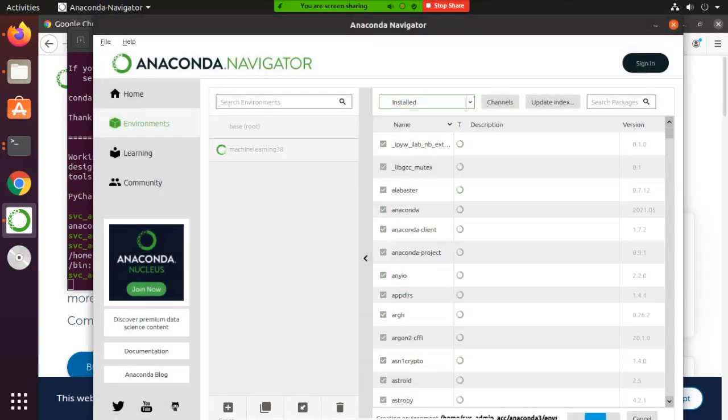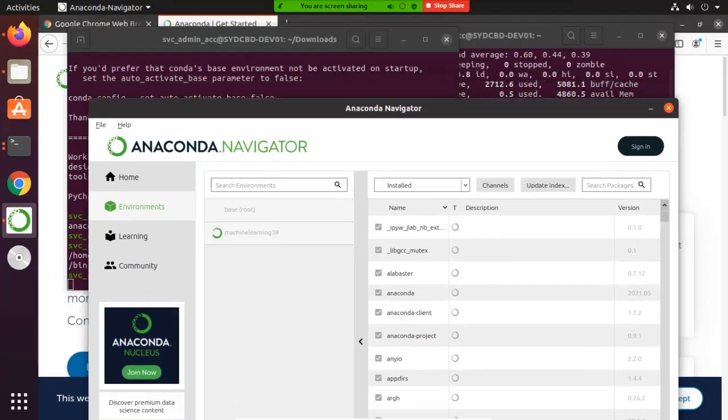I'm going to hit create. It's going to create a new environment for me. We'll let it finish. It's going to take a while to finish the environment setup. While it is doing it, let me show you in the backend. As soon as I